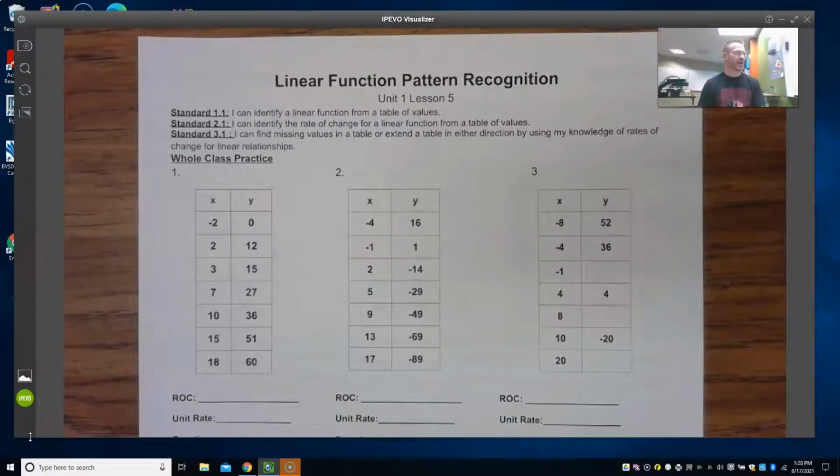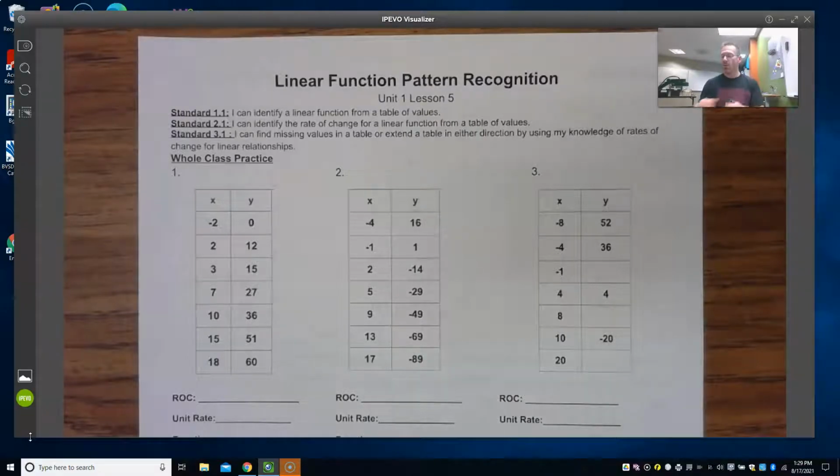All right, and a lot more of the same, right? So when you look at today's lessons, we're just going to keep extending our knowledge base of linear functions and that pattern recognition, all right? So we're really going to see tables that have a lot more jumps and skips, and we're not going to see that consistent change in x, right? Which is really going to force us to get down to that unit rate of change and understand how then to manipulate that unit rate of change to fit whatever jump or leap or skip we have in